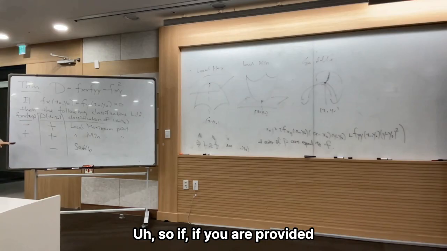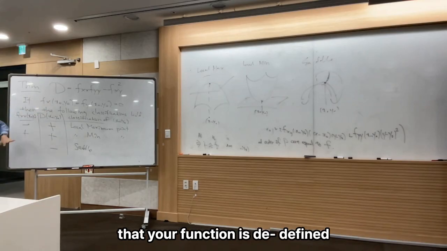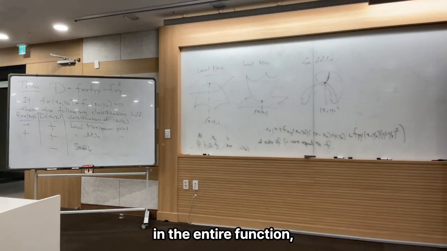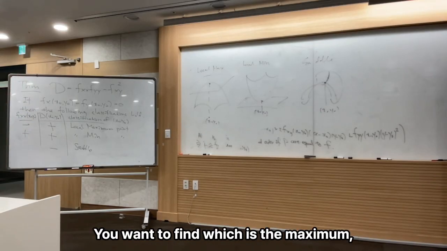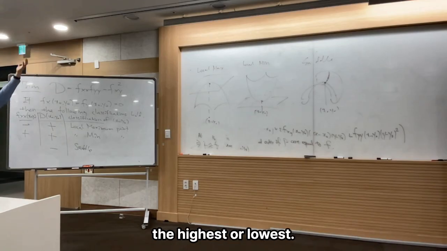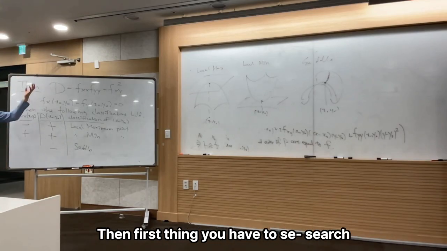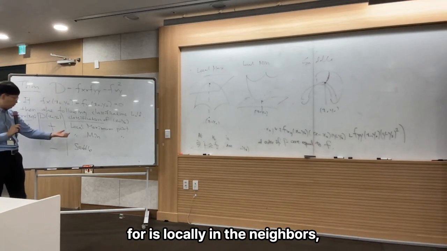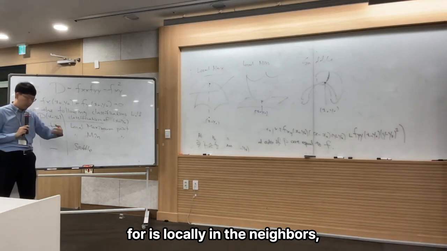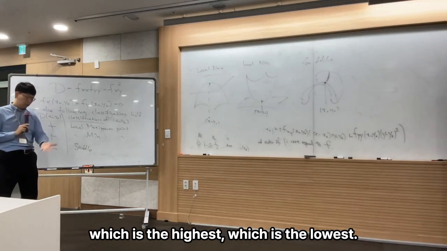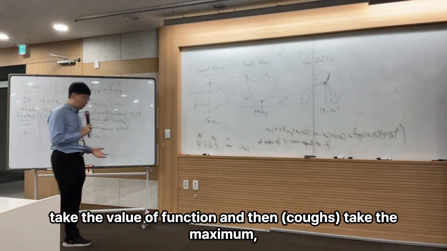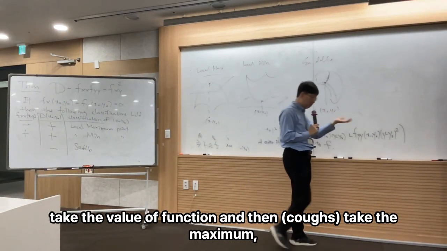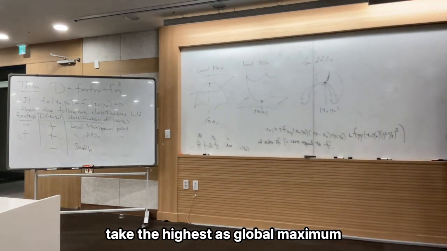If your function is defined on the entire plane, some points are higher, some lower, and you want to find the highest or lowest. The first thing to search for is, locally in the neighborhoods, which is the highest and which is the lowest. Once you have these candidates, take the value of the function and take the highest as the global maximum,